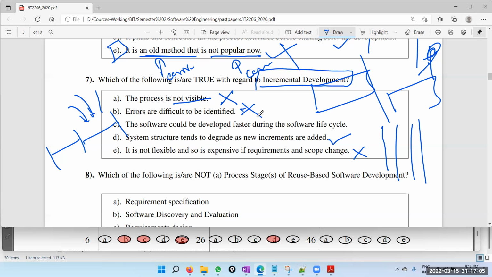The software could be developed faster during software life cycle. I think that is correct, right? Because when it comes to incremental, it pushes us to do fast as well because we have quick releases. When it is waterfall, we tend to waste our time doing a lot of analysis, design, because no release in